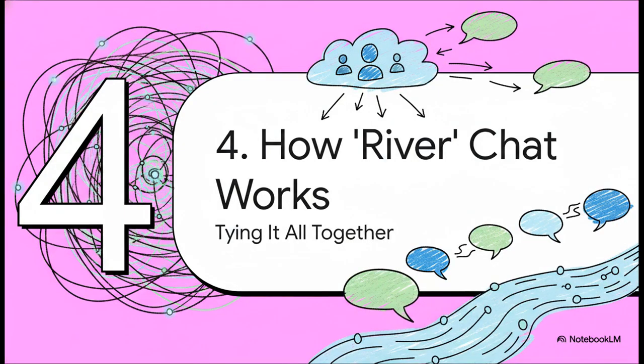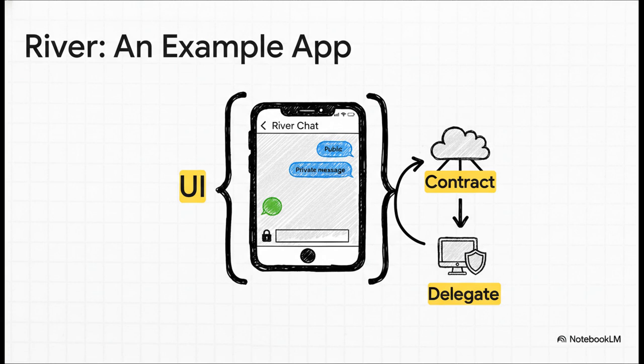All right, enough theory. Let's make this real by looking at an actual Freenet app called River. It's a decentralized chat client, and it's where all these ideas finally click together. So check this out. For the River app, the contract, our public bulletin board, is what stores the public chat messages and the list of who's in the room. The delegate, our private diary, is what manages your personal keys and encrypts any private messages. And the UI is, you guessed it, the chat window where you're actually typing and reading. See? Each piece has a very clear, logical job to do.